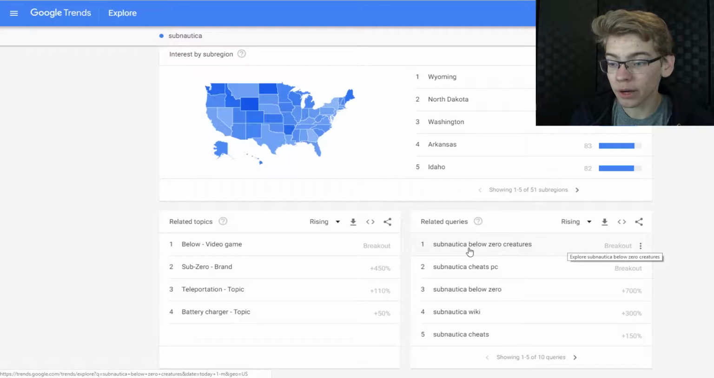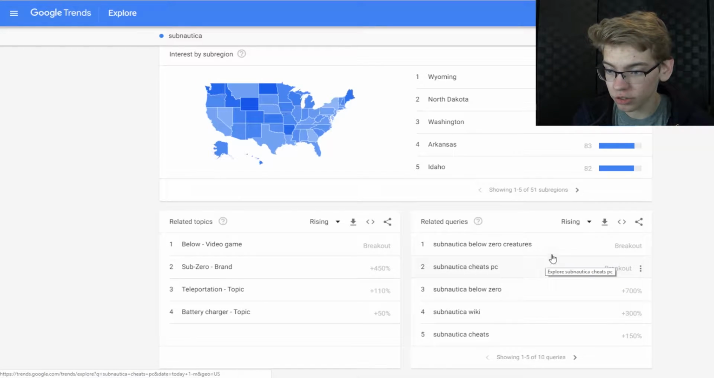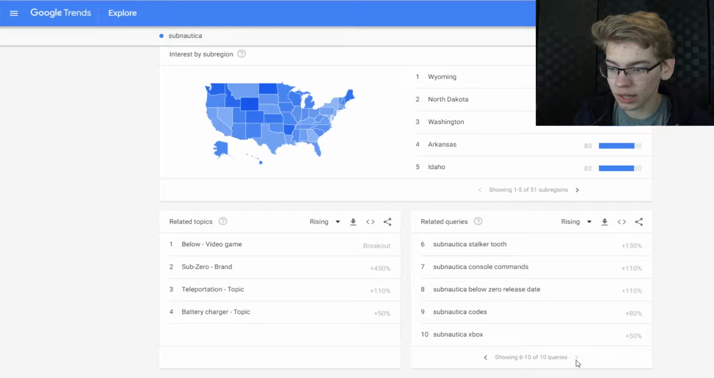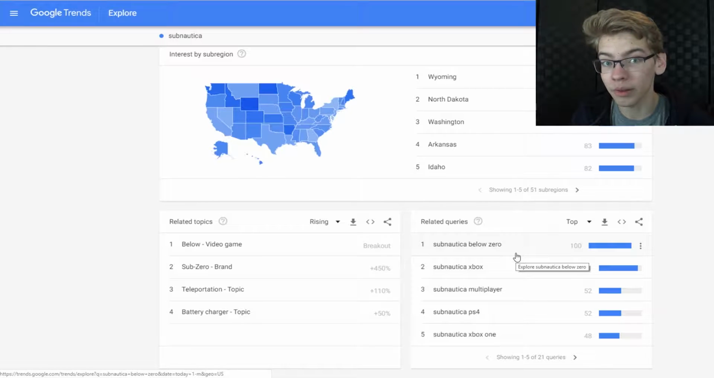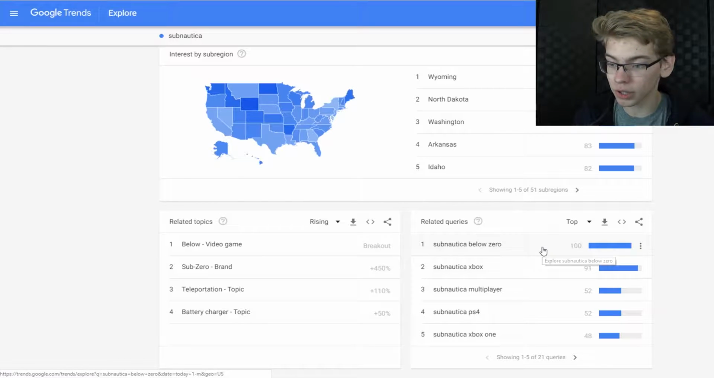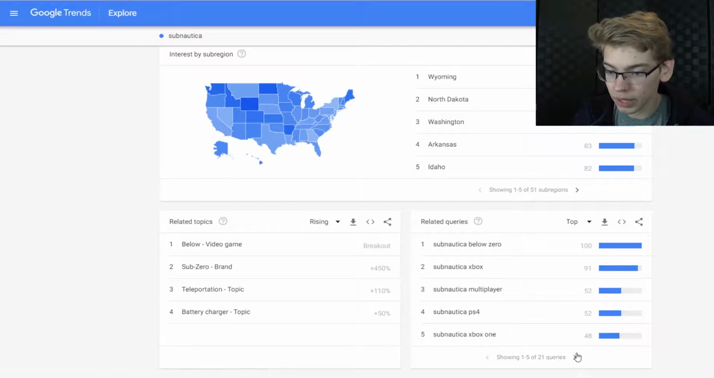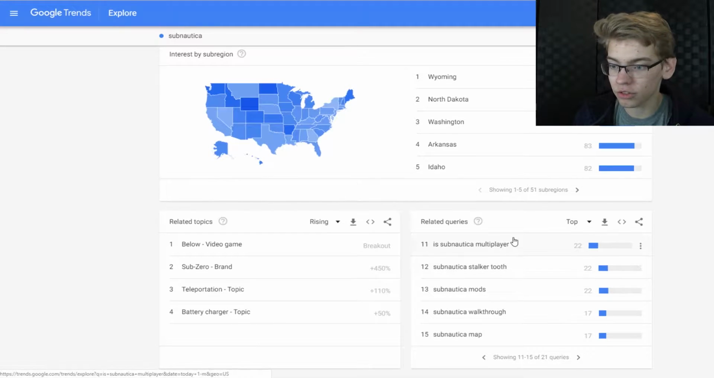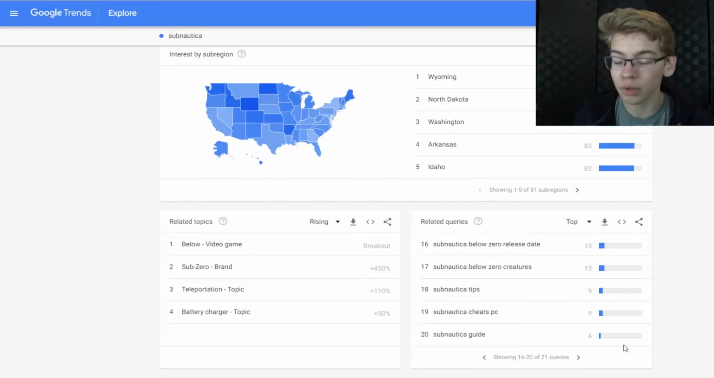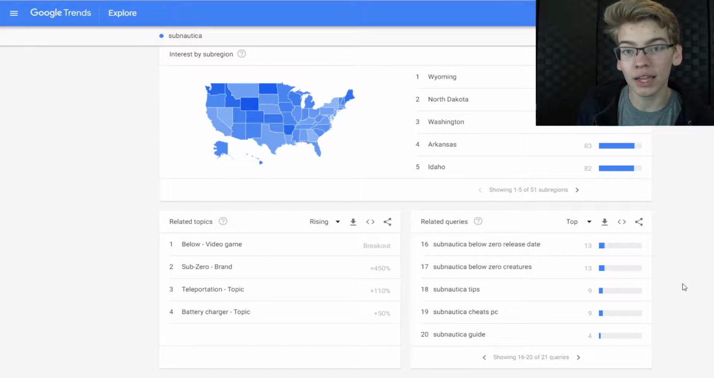Number 1 right now is Below Zero creatures, cheats, Below Zero wiki, cheats, and then it brings you a bunch of stuff here. And then you can also go to top. So here you also have Below Zero multiplayer, game, codes, is Subnautica multiplayer, Stalker Tooth, walkthrough, map, that sort of stuff, release date, and you might want to